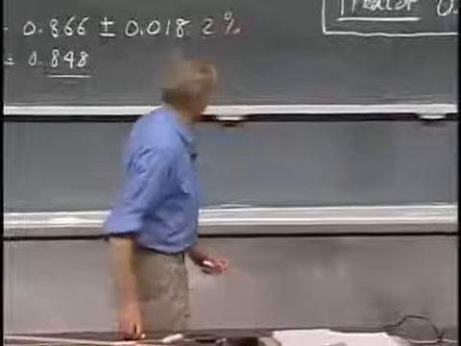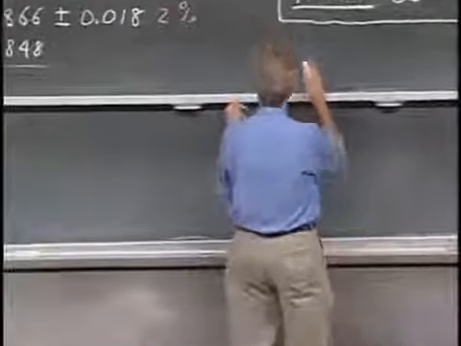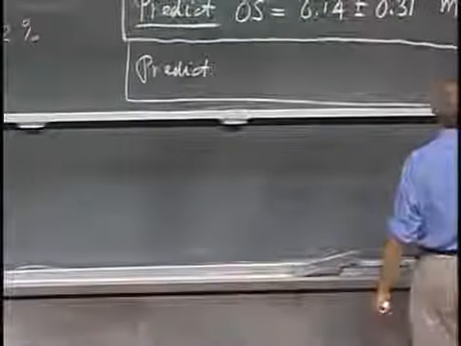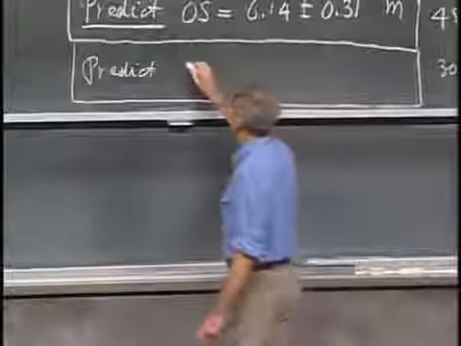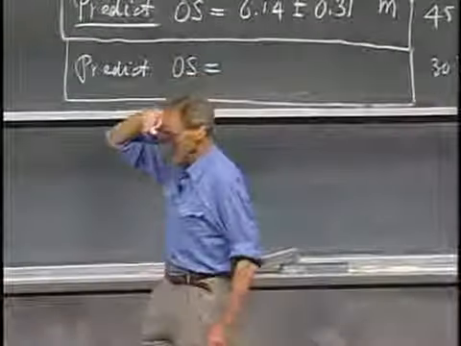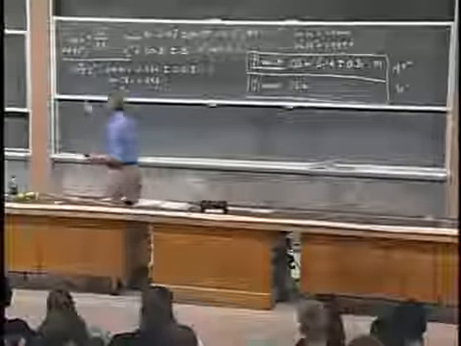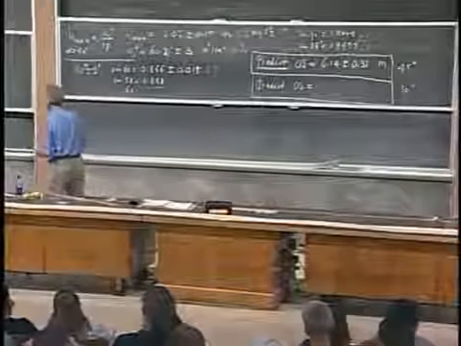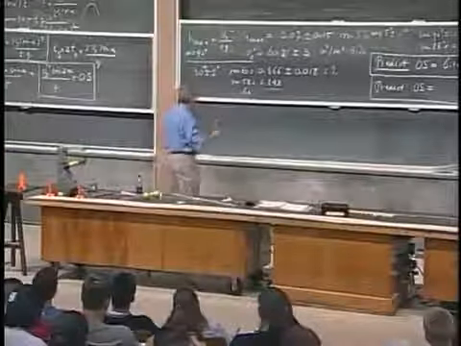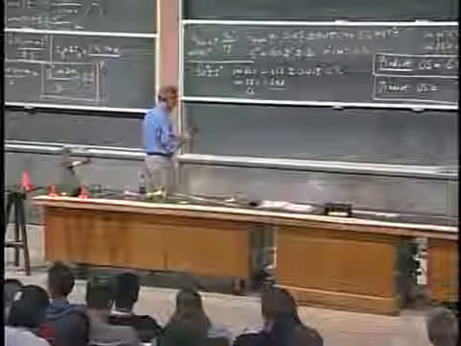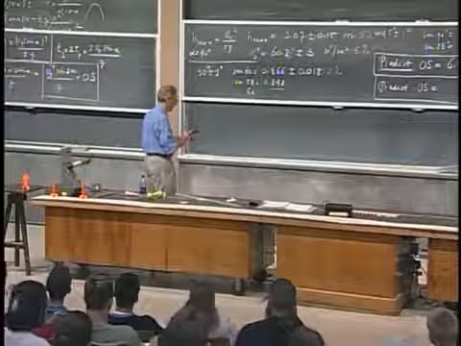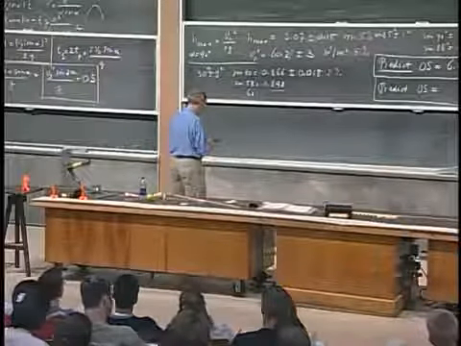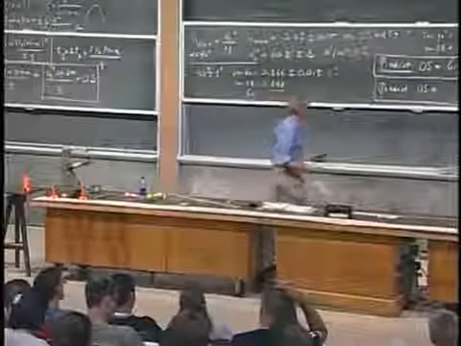So now we're ready to make a prediction. So here comes the prediction, now for 30 degrees. So I have to go through V0 squared, I have that, 60.2. And then I have to multiply by the sine of 2 alpha. That is the sine of 60. Multiply. And then I think I have to divide by g, that is right, 9.8. And I find 5.31